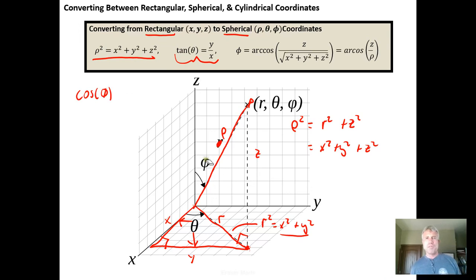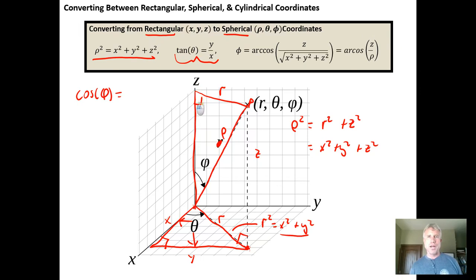I have a hard time drawing the fancy phi, so I don't usually try to draw fancy phi because I mess it up. But at this distance here, r in the xy plane, we can bring it up and form a rectangle. And if we do that, this distance is still r, and what we want to recognize is that the cosine of this angle is going to equal, this would be distance r, and this distance right here,